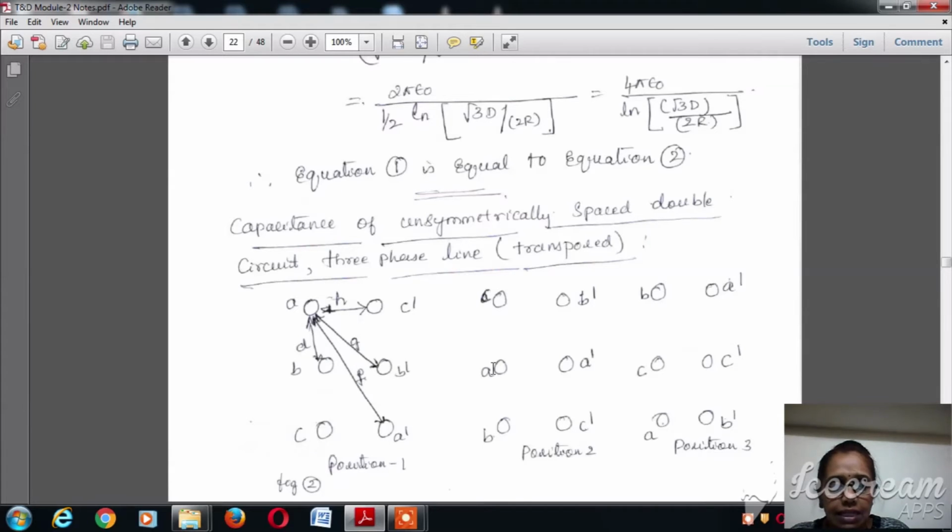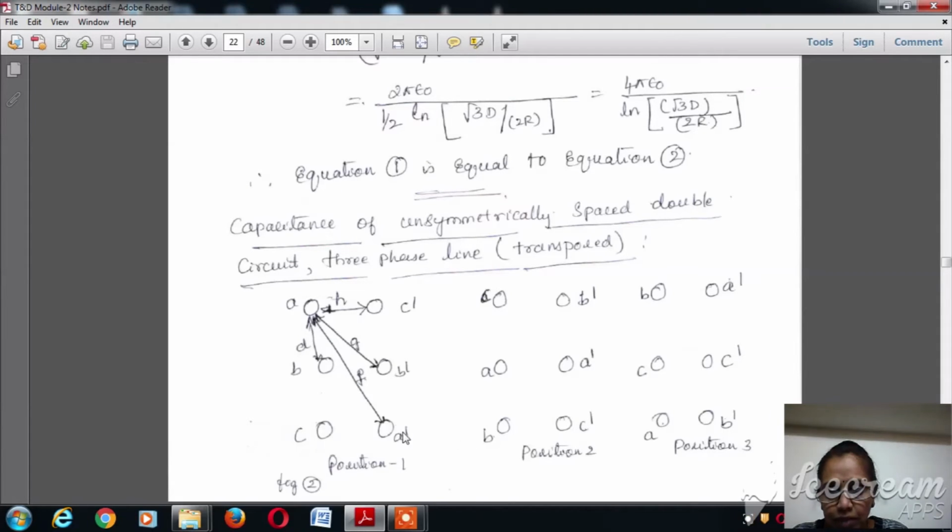So now if we consider this, the lines are transposed, then this is position 1. Now position 2. Now A should go to the second position. Here we can see that A will move to the second position, B will move to the third position, C will come to the first position. Now here in position 1, C dash is at the top, so C dash will go to the third position, that is B dash will go to the second position. See here, A dash will go to the second position, taking it from the reverse side, that is the third one will become the second one, the second one will become the first one.